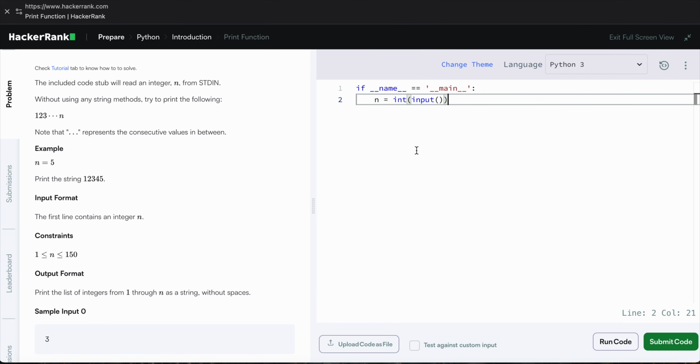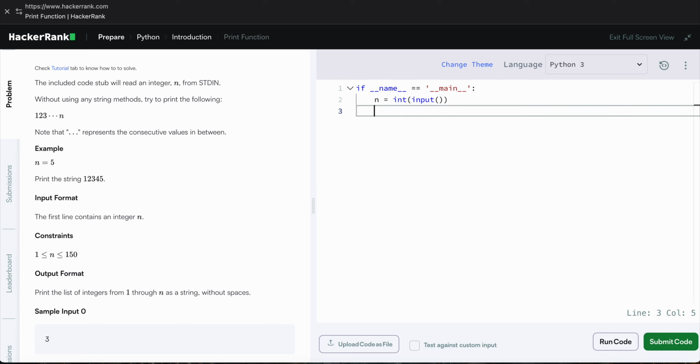But let's go ahead and solve this challenge. So the included code stub will read an integer n. Without using any string methods, try to print the following: 1 through n. Note, the dot represents the consecutive values in between. Print the string 1, 2, 3, 4, 5. The first line contains an integer n. Alright, so what we're going to do,